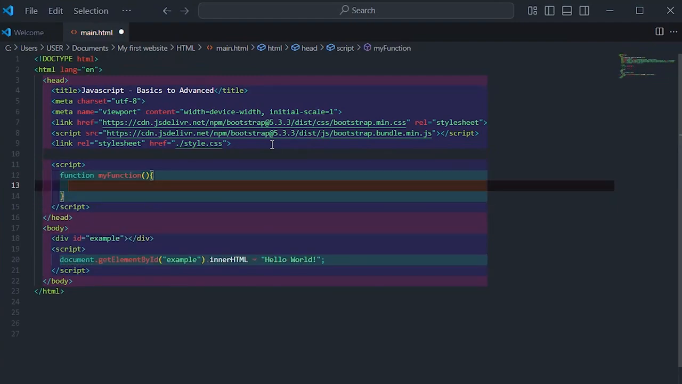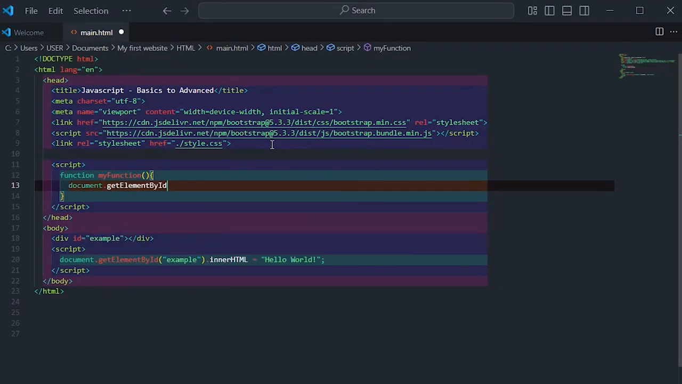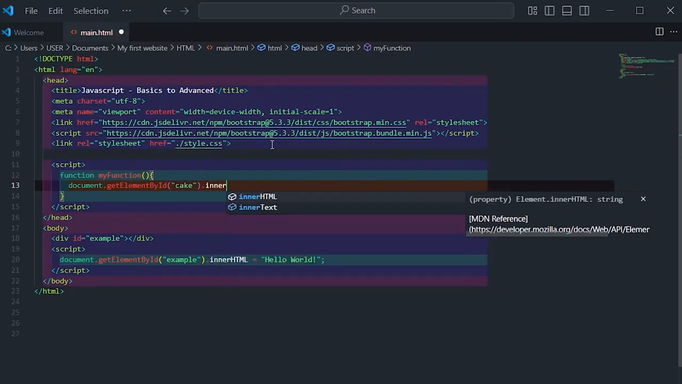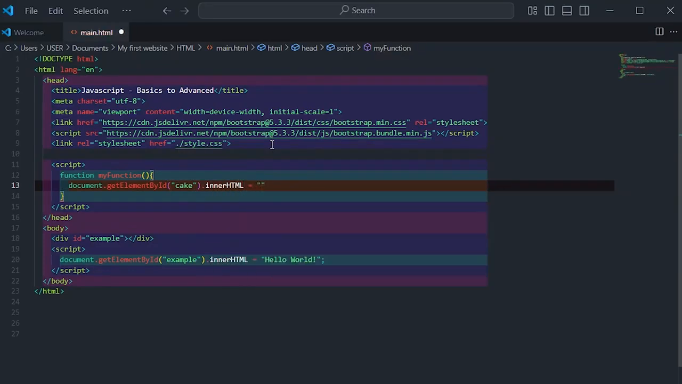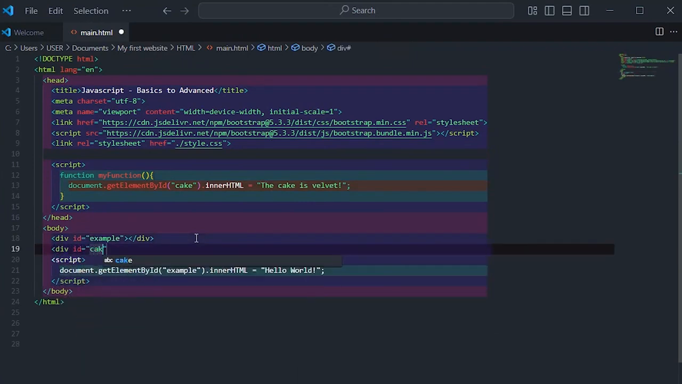And then curly braces, document get element by ID, the same thing that you saw previously. But now I'm going to use a new ID, and I'm going to name it, let's not go with example, go with cake. Dot inner HTML equals to, the cake is velvet. Don't forget the semicolon. And then down here, let's create another div with the ID of cake